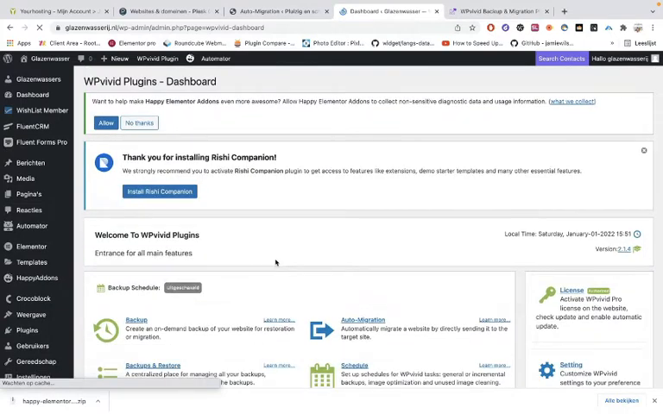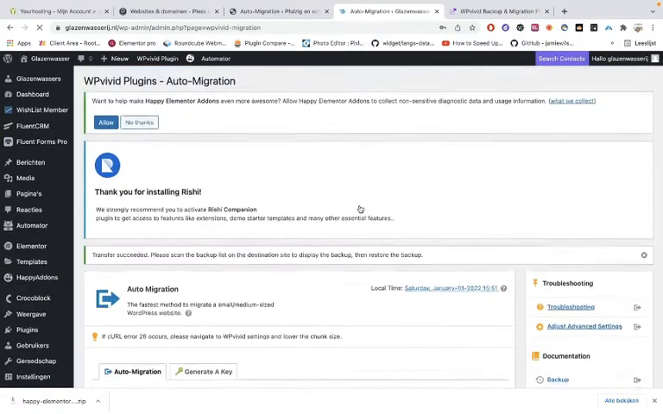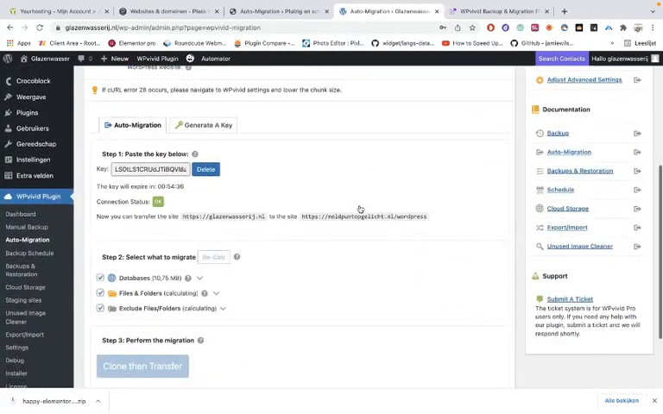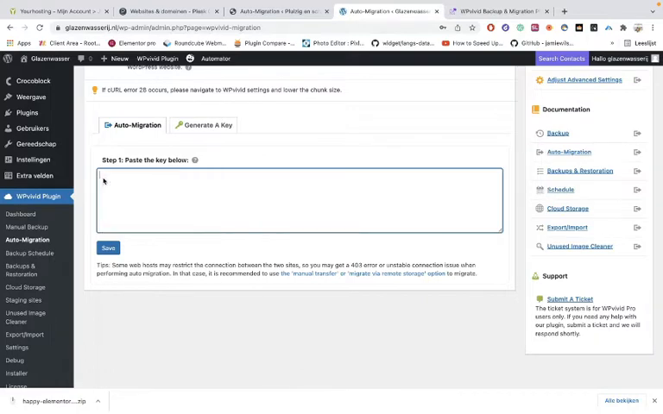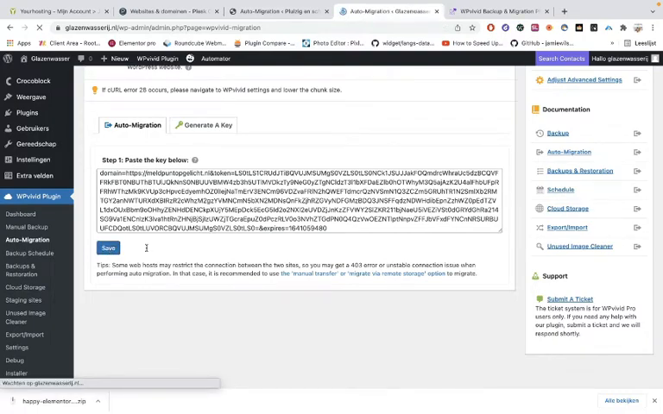Then you go to the auto migration, and there you have to embed the code. So we have to delete this one because I already did it. And then we're going to paste it, and we're going to save it. And once you have done that,